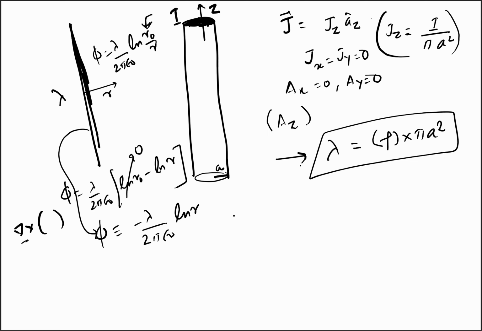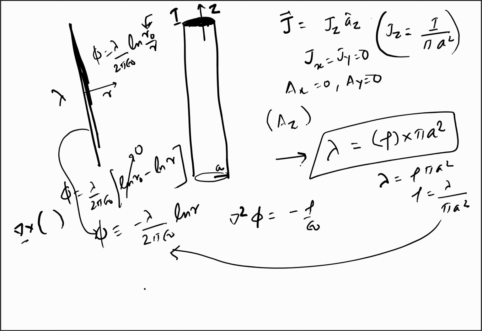So for this, the Poisson's equation was del square phi is equal to minus rho by epsilon naught, and lambda was equal to rho pi a square, or rho was equal to lambda by pi a square, and we have the value phi is equal to minus lambda by 2 pi epsilon naught. So you see, on comparing this